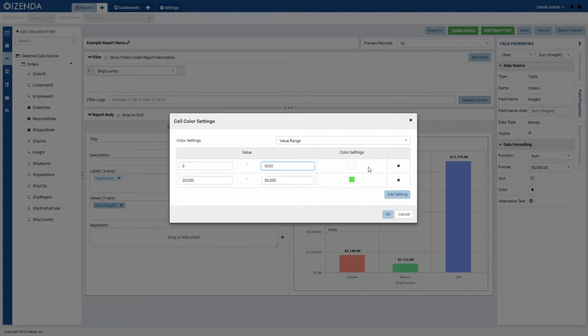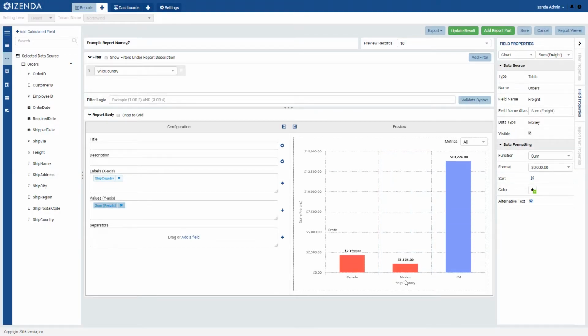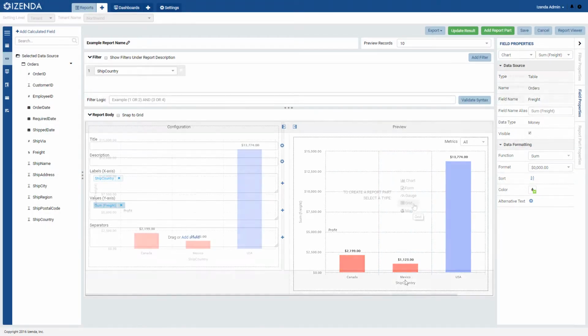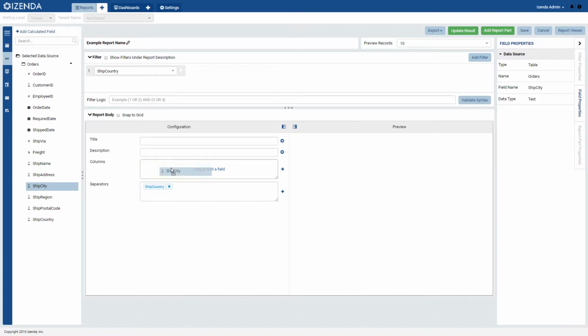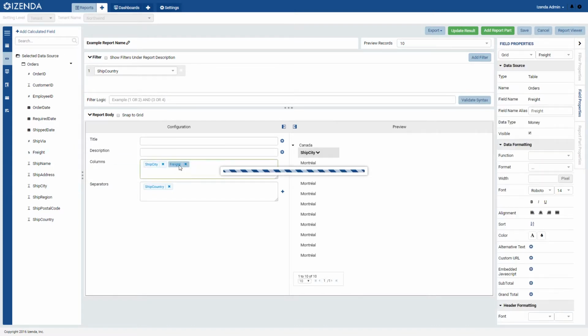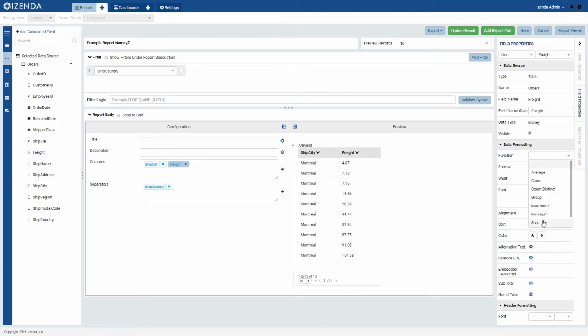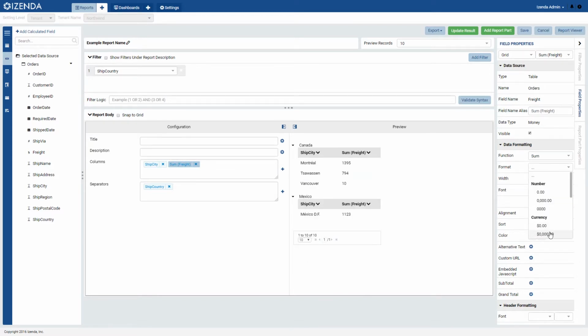business decisions. While charts, gauges, or maps can add aesthetic value to any application without much work, tabular grids are often seen as being more static or vanilla visualizations of the data that they represent. Fortunately, Izenda offers many customization options for these as well. All of the aesthetic font and alignment options that a user would expect appear in the Field Properties or the Report Part Properties tab. But also, individual columns can be modified to have alternative text to display specific values with